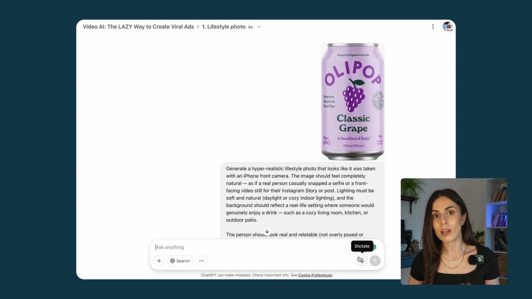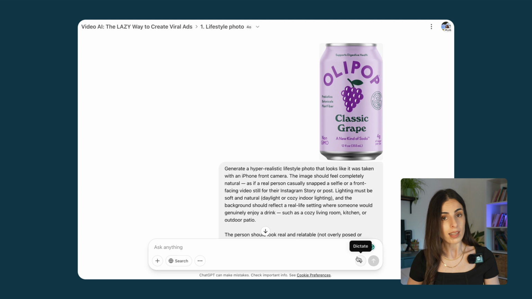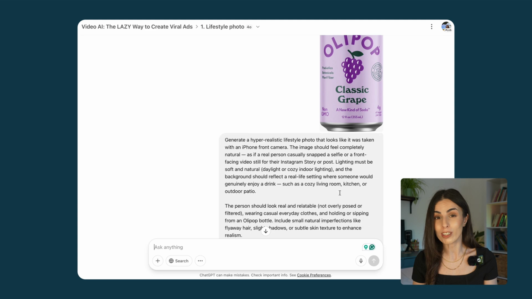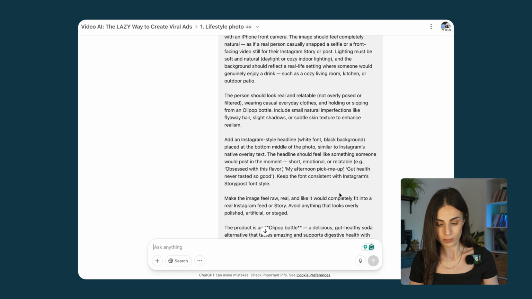In this first example, I only gave ChatGPT a product shot and a very detailed prompt where I told ChatGPT exactly the type of lifestyle photo that I want to get, everything about the lighting, the model, what I want to see, what I want her or him to be doing, everything in details. This was my first trial and this was the result. It's a very good result. I know it's still not yet perfect, but it's very good and it's way better than a few weeks ago when this tool started out. I'm pretty sure it's going to improve more and more